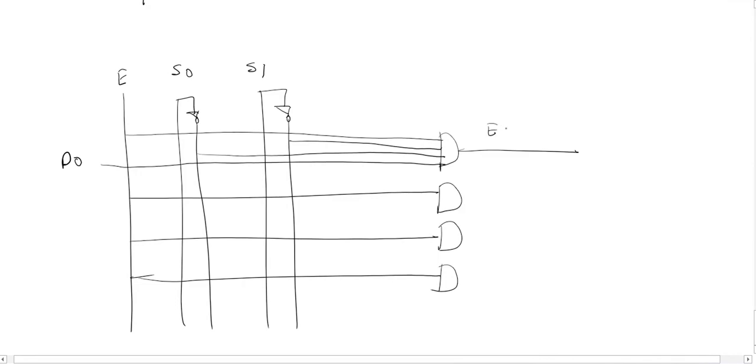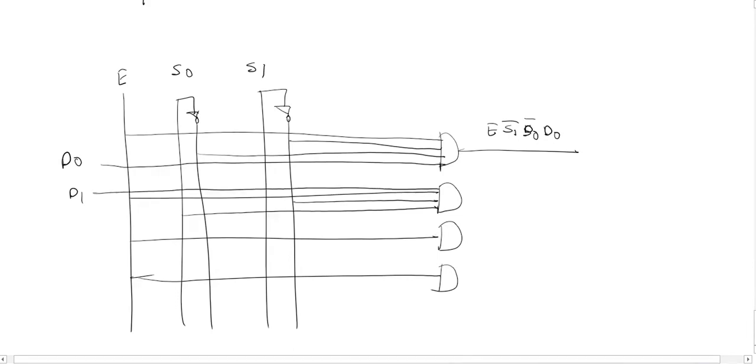It will give me E S1 bar, S0 bar and D0. Second one, S1 bar, then S0 and D1. It will give me E, S1 bar, S0 and D1.